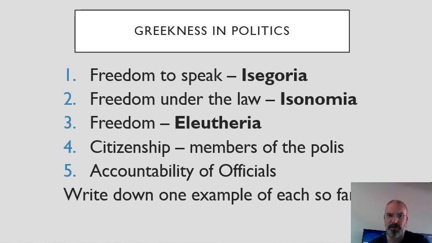The next thing to understand is freedom, eleutheria, probably a bit more of a general sense of freedom, but perhaps best thought of as a kind of freedom to be Greek. The Ionian Greeks were not free because they had Persian overlords, and so they couldn't control their own political systems. However hands off the Persians were in reality, the Greeks were still not free, and that's an essential part of being Greek for some Greeks. Obviously, Herodotus points out many exceptions to that. I think the fourth thing to really get your head around is citizenship.